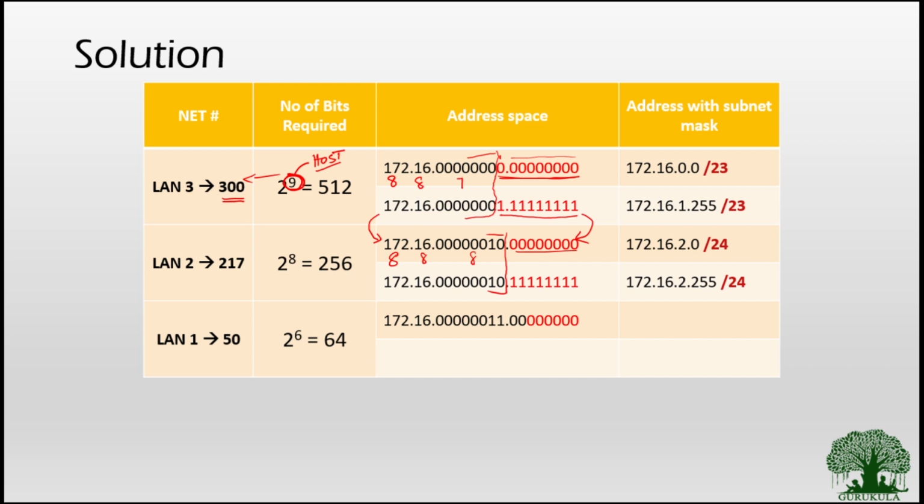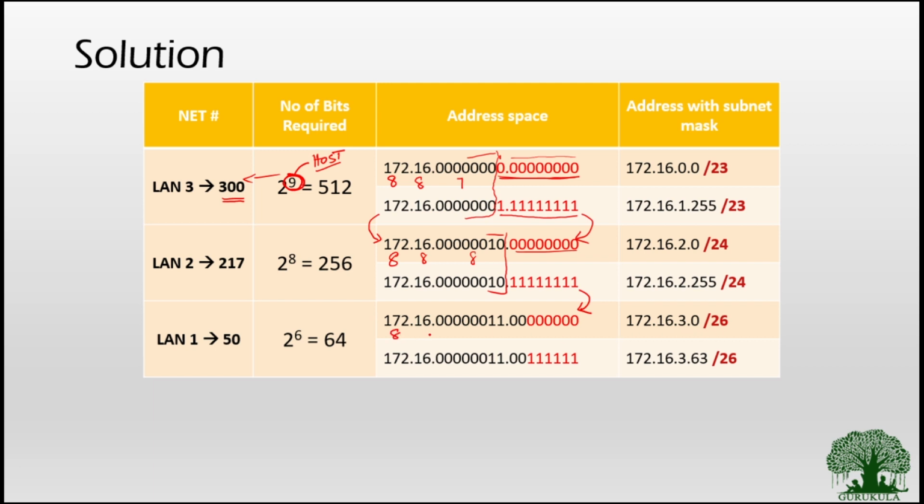And then you can see the last subnet, that is 172.16. For this one you will have to write the immediate next address. Adding 1 here, all these bits will become 0, and this 10 will become 11. Correct. So that is the immediate next address for this. And once we get the next address, you can clearly see what will be the last address of this particular address space. And then converting that into decimal, you will get